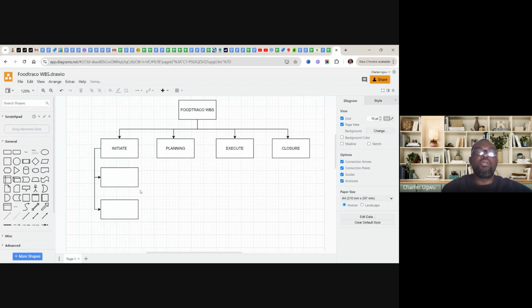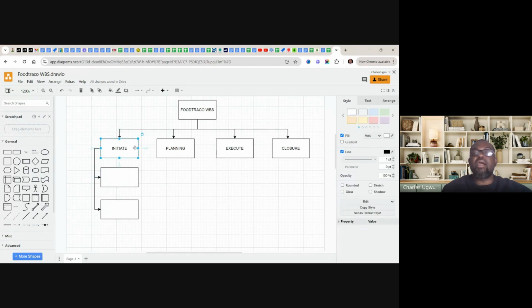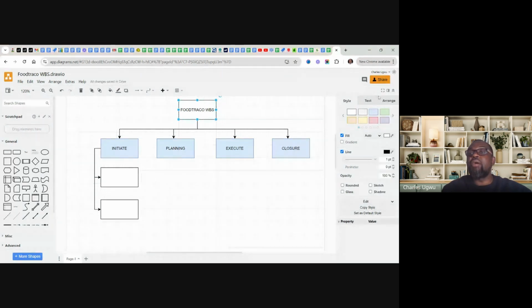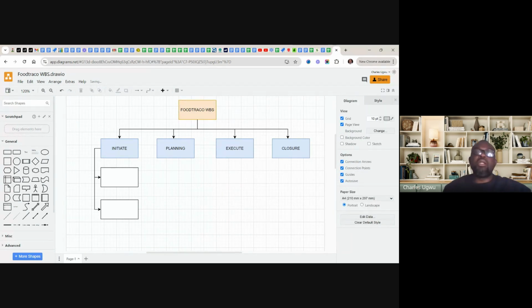So this is the main phase, and this is the deliverables underneath. I can use this to capture the main phases, and then green color to capture the sub phases or tags under each phase. And I can use this to capture the main deliverables. So now